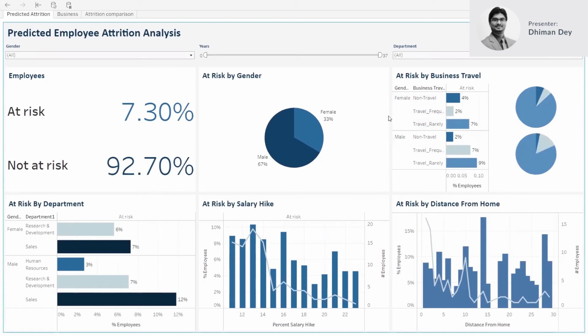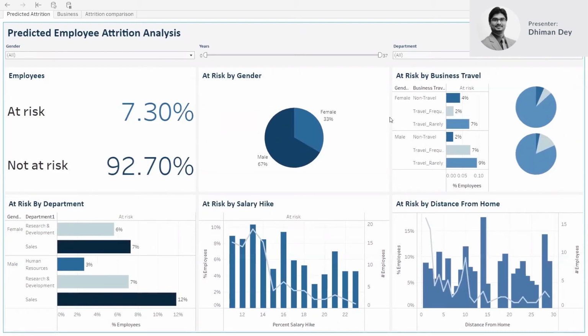Being an HR manager or a director, you would like to understand why travel rarely has a higher proportion than travel frequently. If people are willing to travel more frequently, why are they not willing to travel rarely?